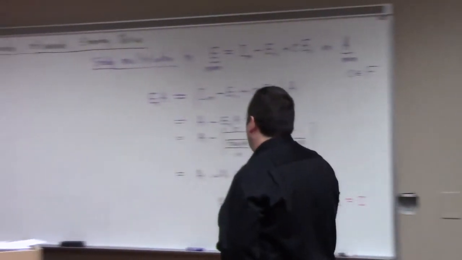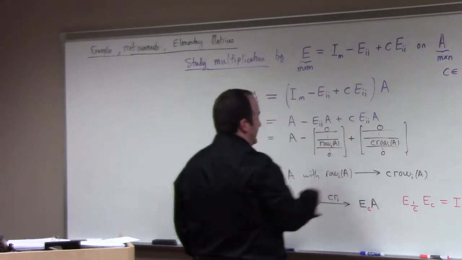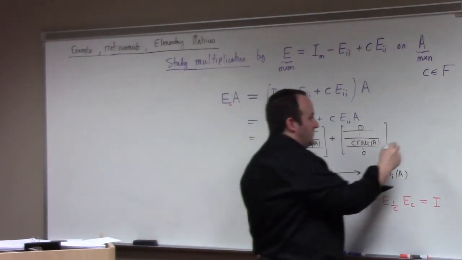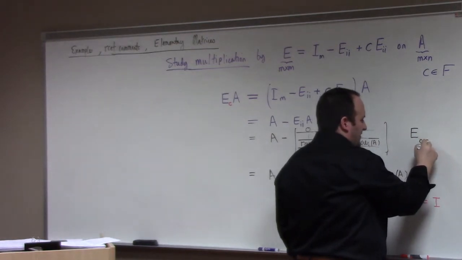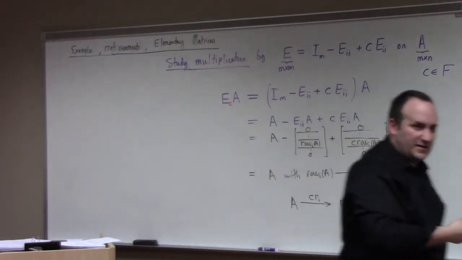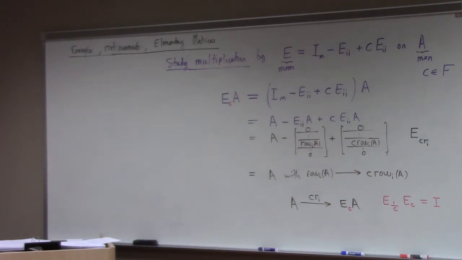There's also a row I going on here. So maybe a more clumsy but more descriptive notation would be E sub C times row I or something like that. So with that slight clarification, my notation,